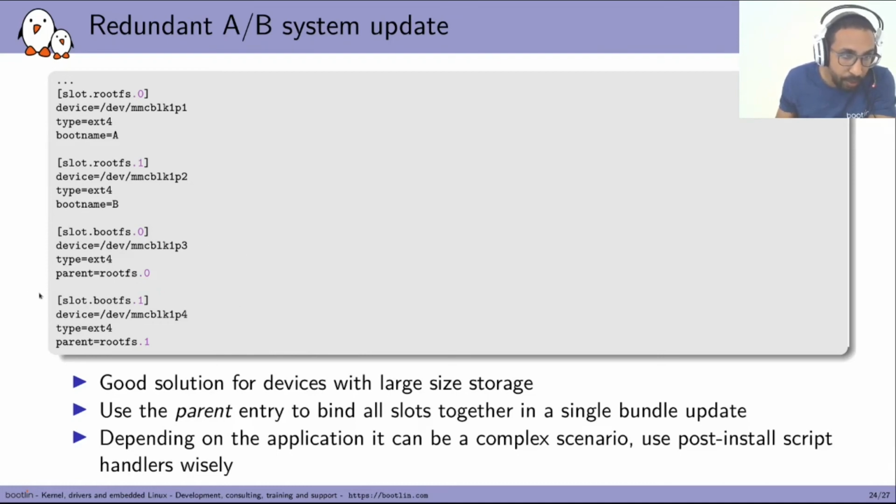The parent property here is one of them. It allows to bind multiple images together in the same bundle update. So when you update the boot file system, you make sure that the root file system will be updated at the same time, so you don't end up with